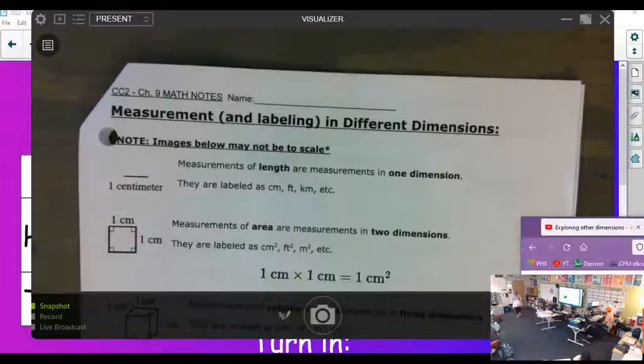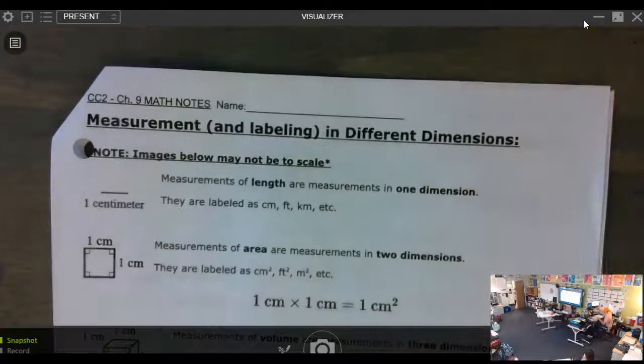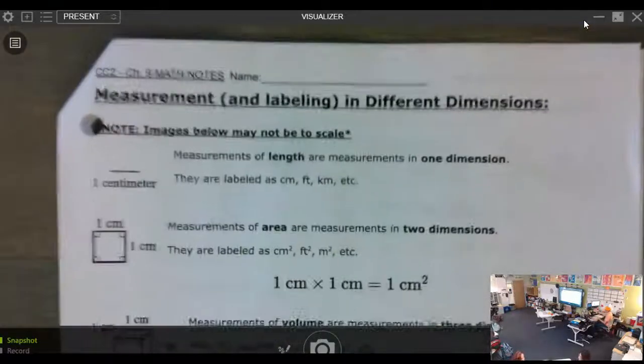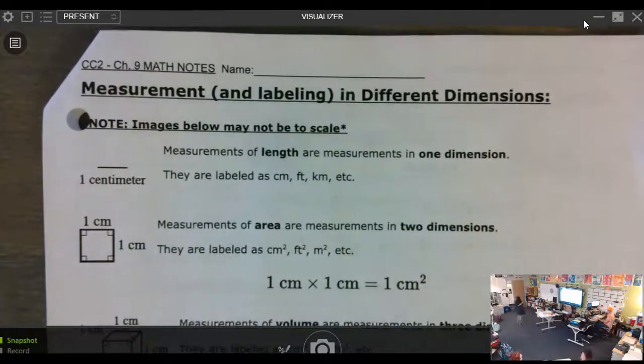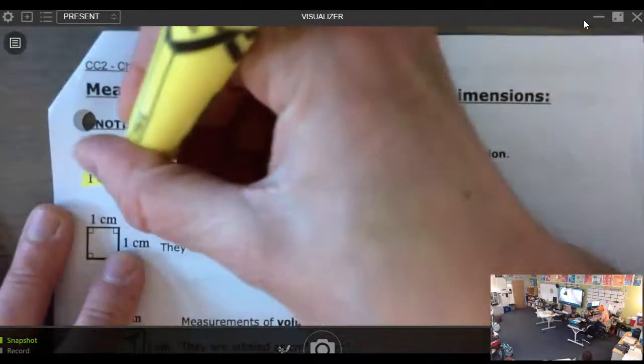All right, so talking about dimensions. Everybody's going to need highlighters, so if you haven't grabbed any, I now have cups full of every color. You can take the entire cup and then bring the whole thing back, and you can rotate colors around your group, because we don't need to all be highlighting the same color at the same time. What we do want to highlight, and I'm going to start with my basic color, is